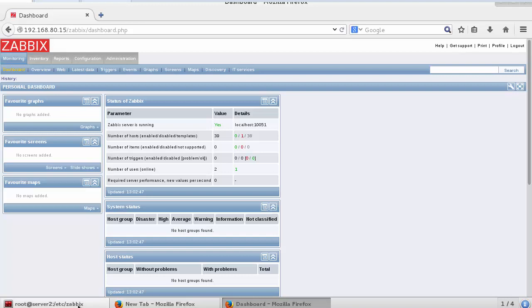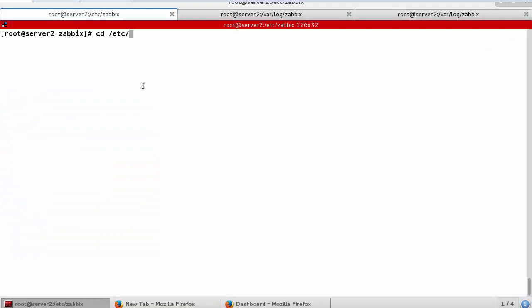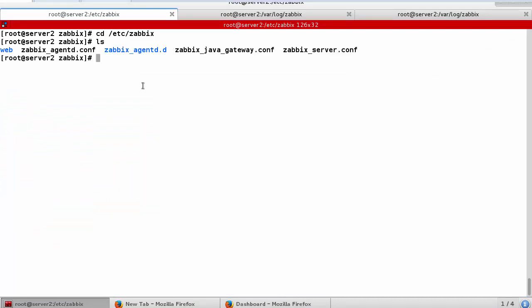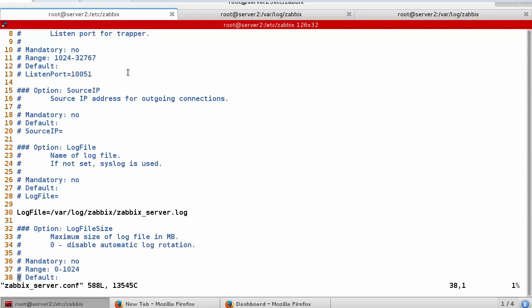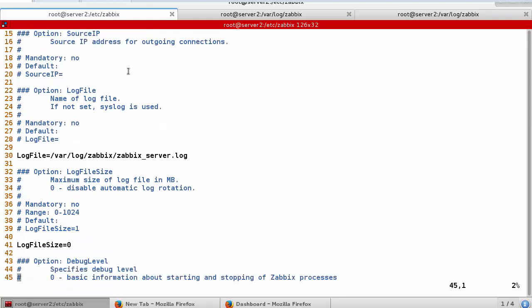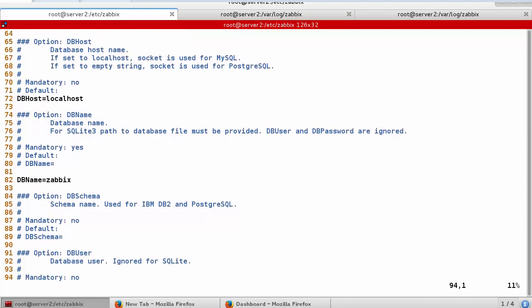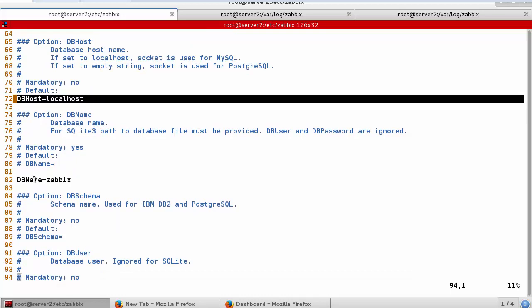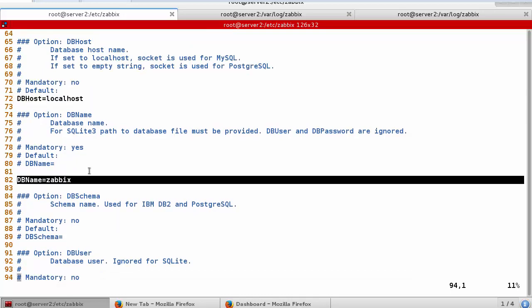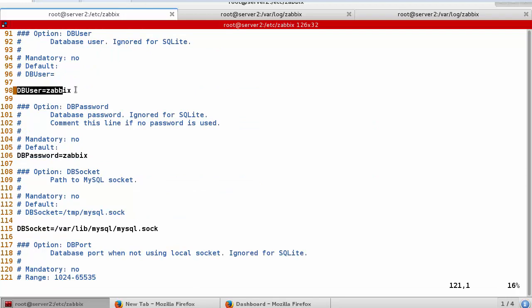Okay, the last step. In this directory, you have to check the zabbix_server.conf. In my case, okay, line number 72, DB host must be localhost, and the DB name also must be Zabbix, the DB user Zabbix, and DB password Zabbix.